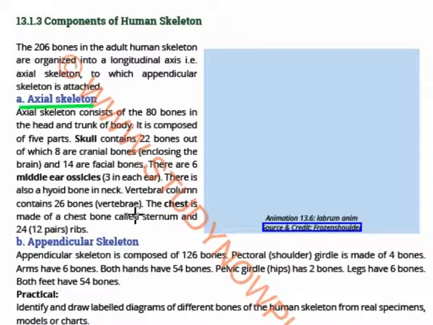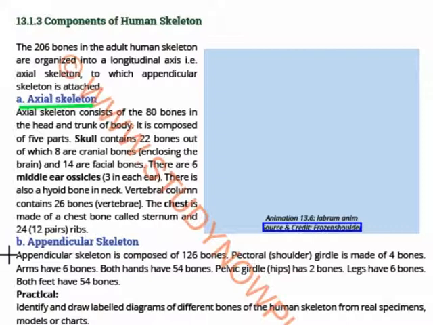There are middle ear ossicles, 3 in each ear, that we know: malleus, incus, and stapes. There is a hyoid bone in the neck. The vertebral column contains how many? 26 vertebrae. The chest is made up of the chest bone, which is known as the sternum, and there are 12 pairs of ribs, so 24 ribs. Okay, now see,